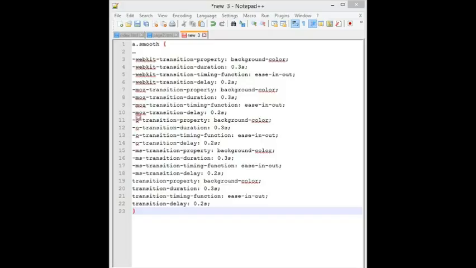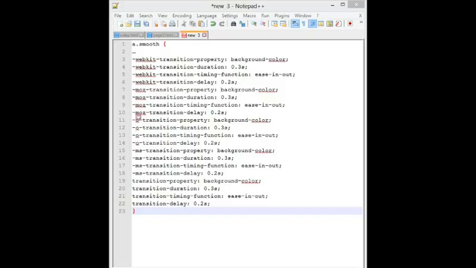Fortunately, there is a shortcut that helps cut down all that code, which is the shorthand transition property. Thankfully, the authors of the CSS3 spec had the good sense to give us the shorthand transition property to combine all of these properties into one declaration. You have seen this sort of thing with the shorthand border property.